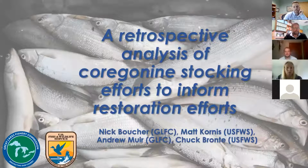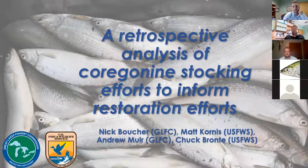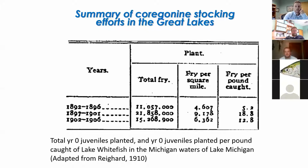So as Andrew said, I'll be taking you all through a reanalysis of some work that started before I began at the commission. It was a retrospective analysis of coregonine stocking efforts throughout their global range. And hopefully this will inform future restoration efforts throughout the world. So just as some background, in the Laurentian Great Lakes,